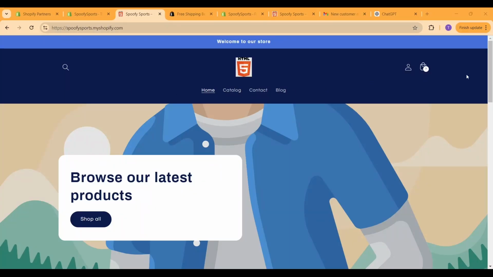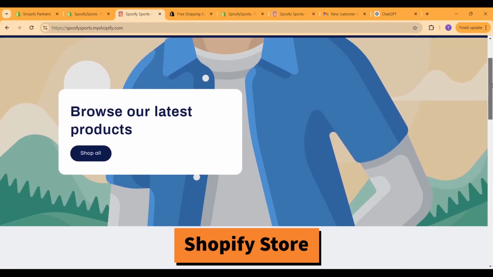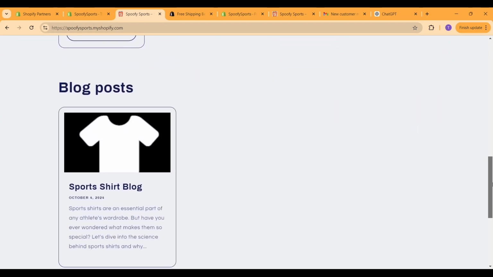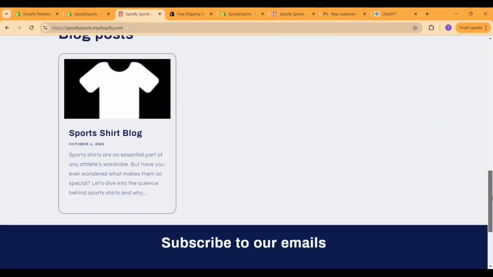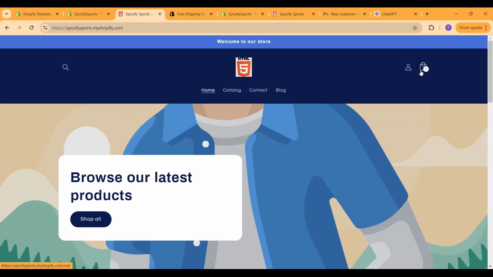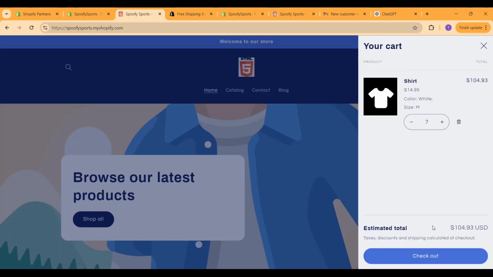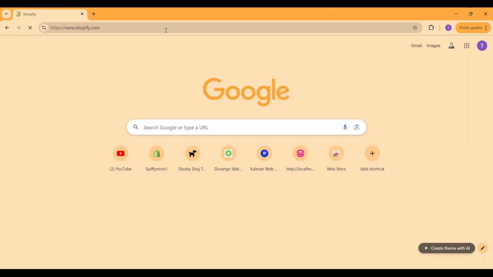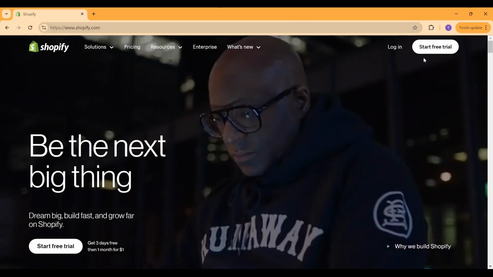Create a Shopify development store completely from scratch. Before we begin, I want to clear up the differences between a Shopify development store and a normal Shopify store. So first, a normal Shopify store, you can create that by going to shopify.com, creating an account, and then generating